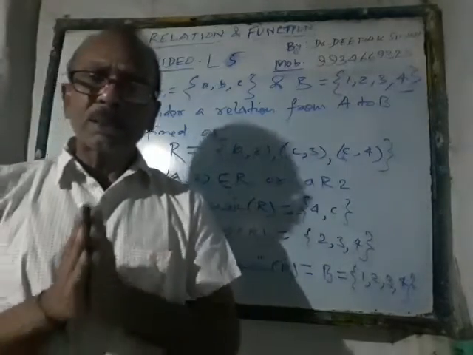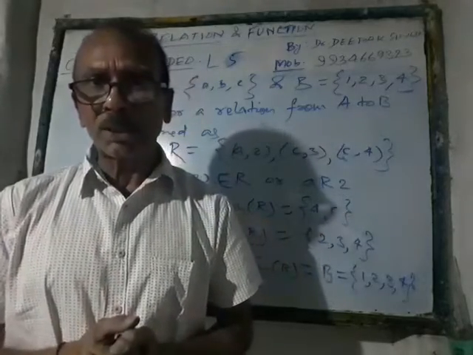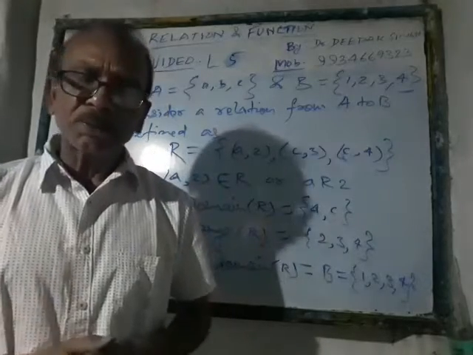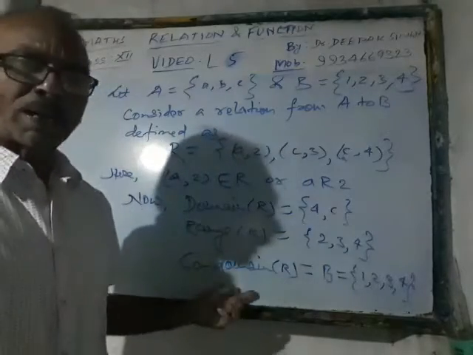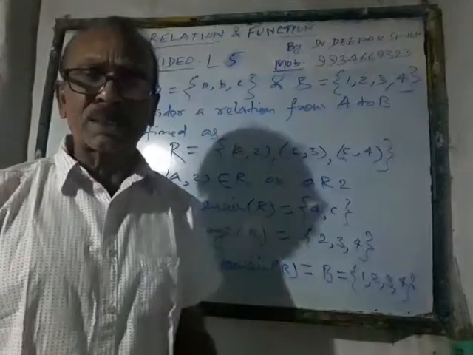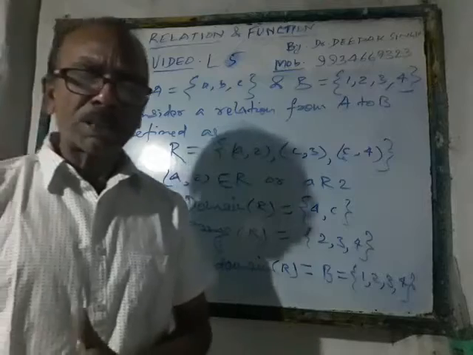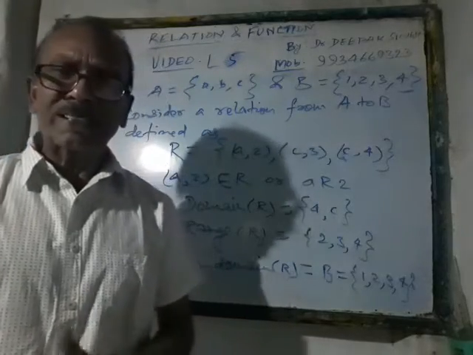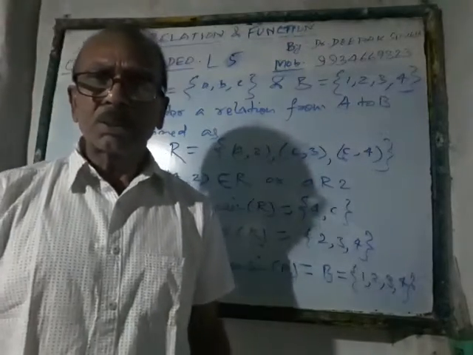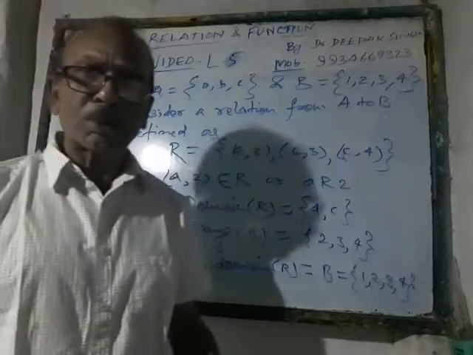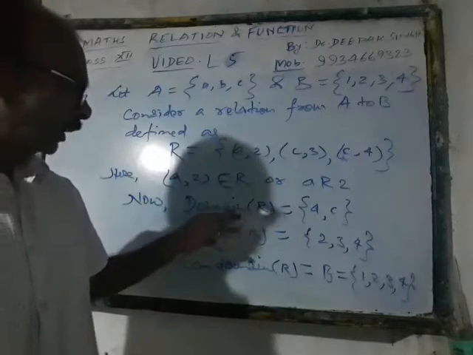So whenever we talk about the domain and range of a relation, nothing to worry. You just take the set of first components of the elements of the considered relation, that would be the domain of the relation, and take the set of second components of the elements of R, then that would be the range of the relation. So far as the codomain of the given relation is concerned, nothing to worry. Only B would be the codomain of the relation. If suppose the relation is from N to R or N to Q, the set of rationals, naturally the codomain would be the set of rationals. So we don't have to think much more about codomain, but these two play a very important role while defining a relation, domain as well as range.